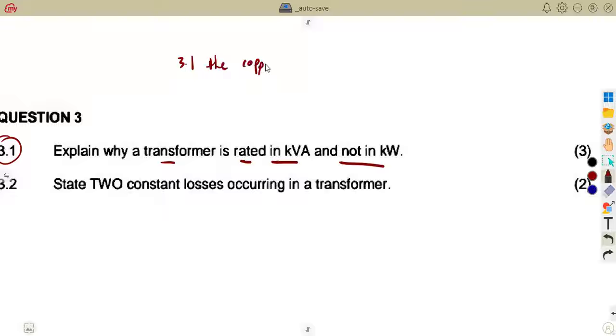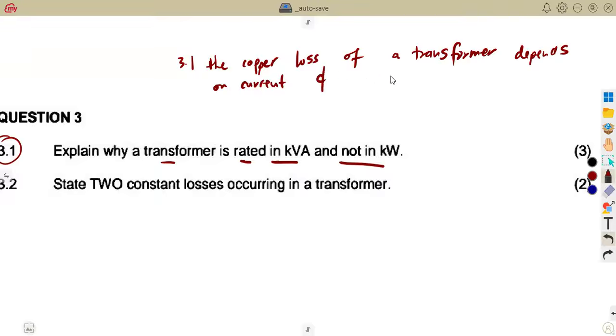Remember that. The copper loss of a transformer depends on what? On current. Whilst the iron loss depends on what? On voltage. So if we take a closer look, when we are calculating the total transformer loss,